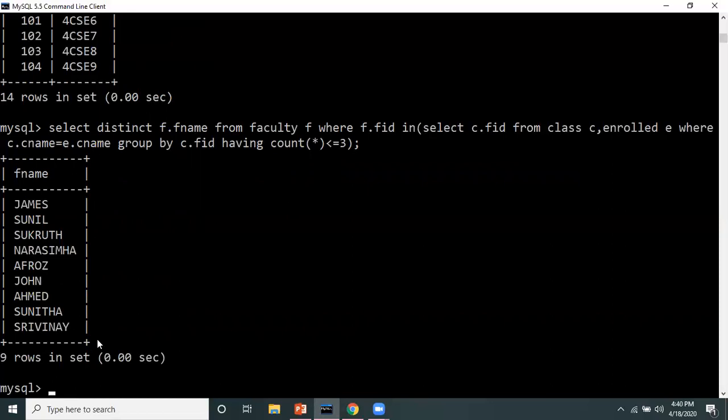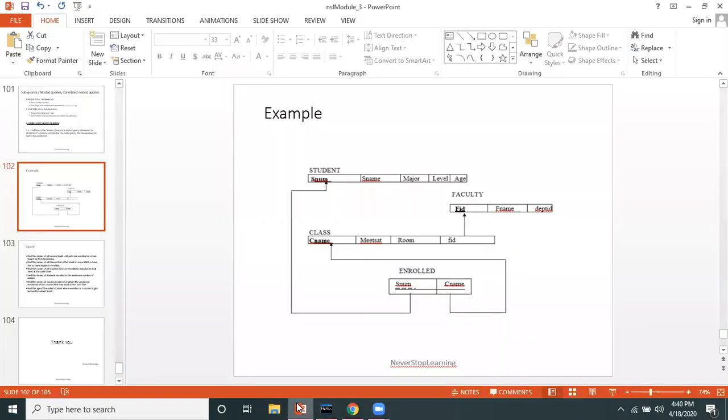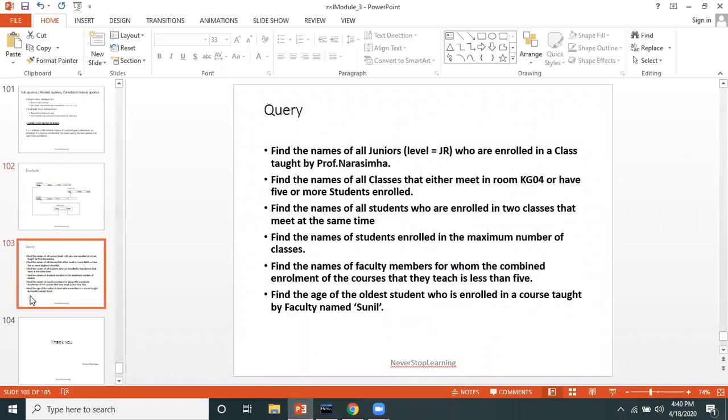Okay, last query. Find the age of the oldest student who is enrolled in a course taught by the faculty named Sunil.